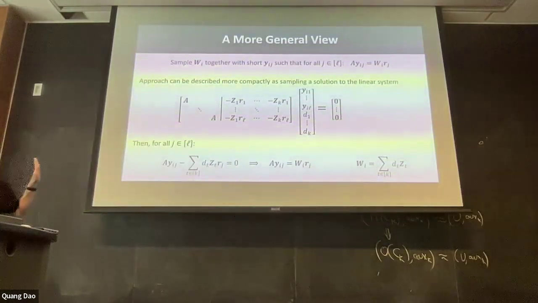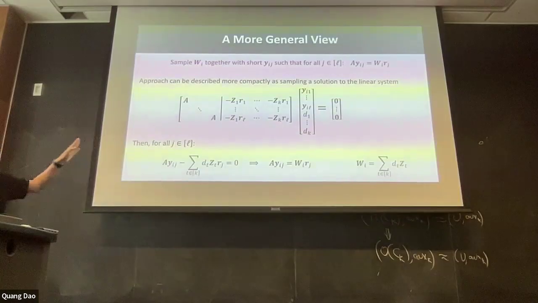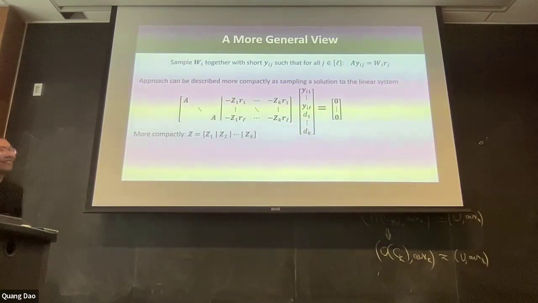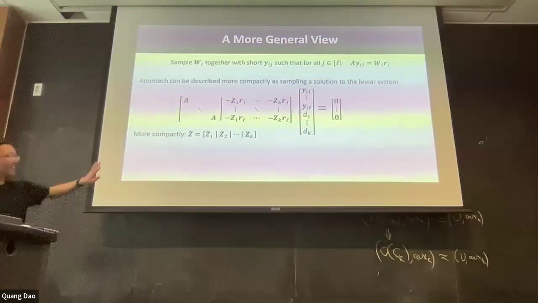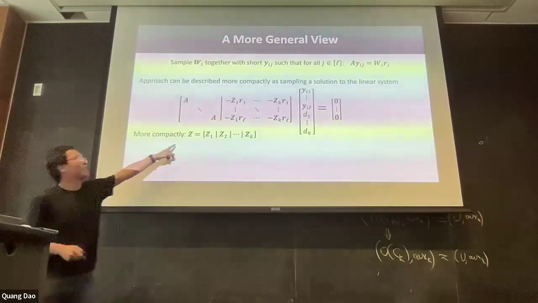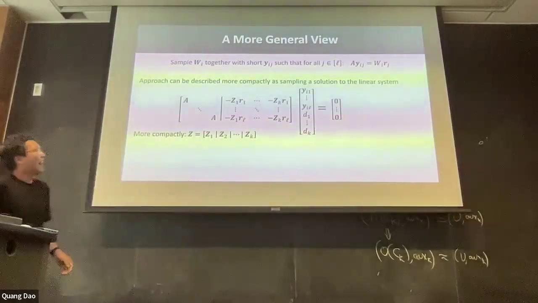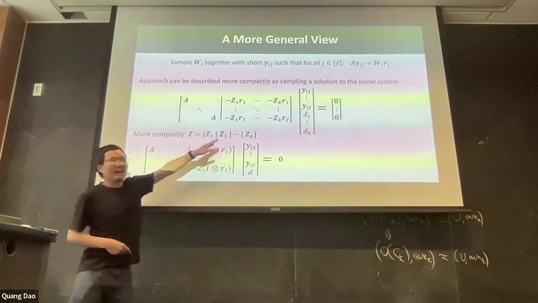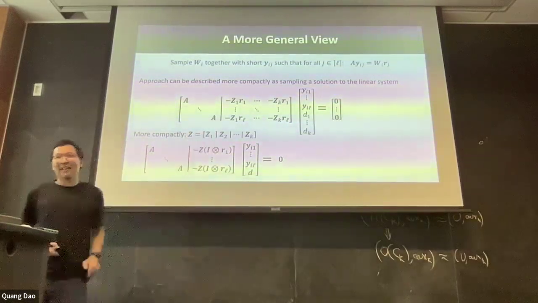So again, I haven't done anything fancy. I've just taken the original thing I described and wrote it as a matrix. Okay, so I'm going to write things a little bit more compactly. Hopefully, you'll see the reasons shortly. I just put all of these together. So nothing fancy going on here. And then basically Z_1 times R_1, Z_K times R_1, and so on, you can just write as a